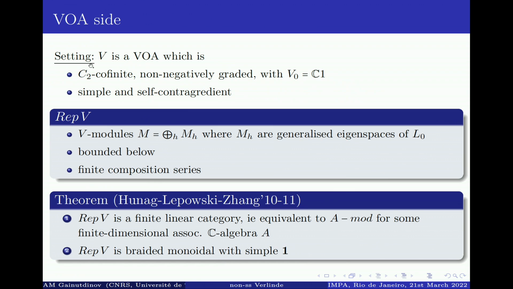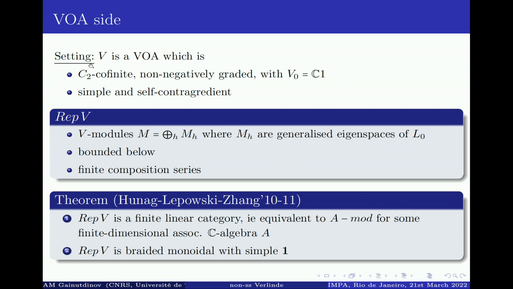Now let's go to the VOA side. For me, the setting will be: assume a finite number of simples. For me, the module tensor category was finite; I mentioned finite as a condition, because otherwise the coend does not exist in the category. I use the coend, which is some object, but I need it to belong to the category. In particular, this finiteness condition will be satisfied in the C2-cofinite case. So the VOA V is cofinite, non-negatively graded,